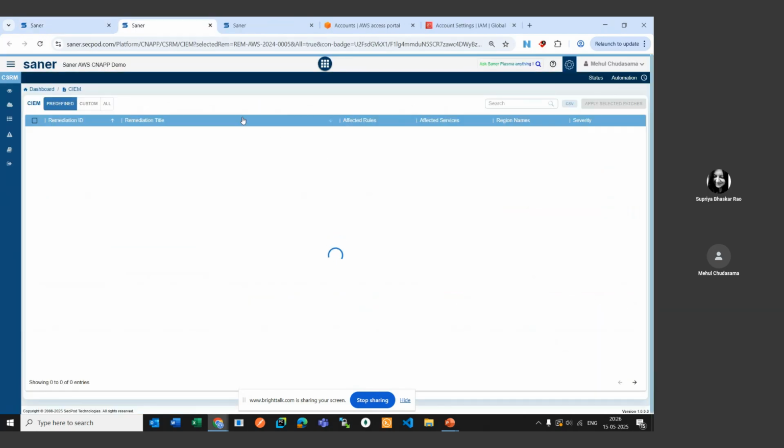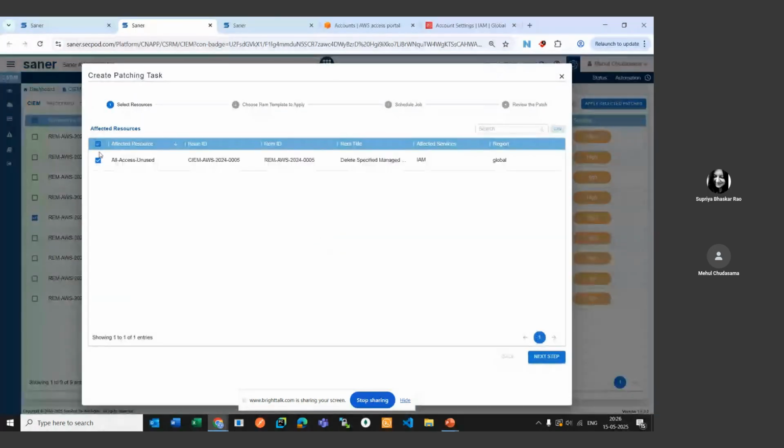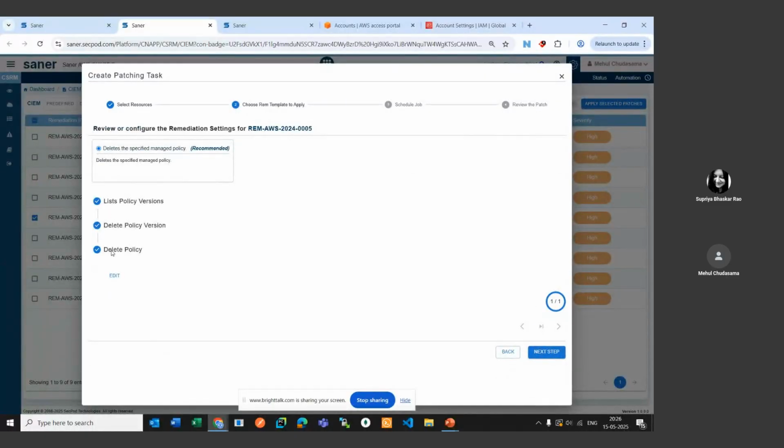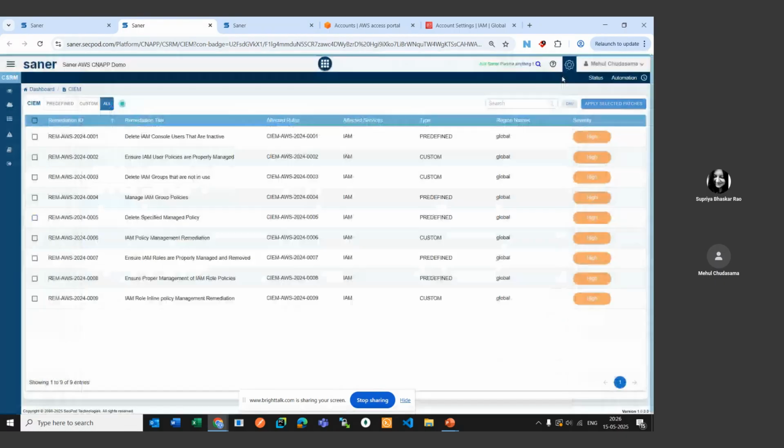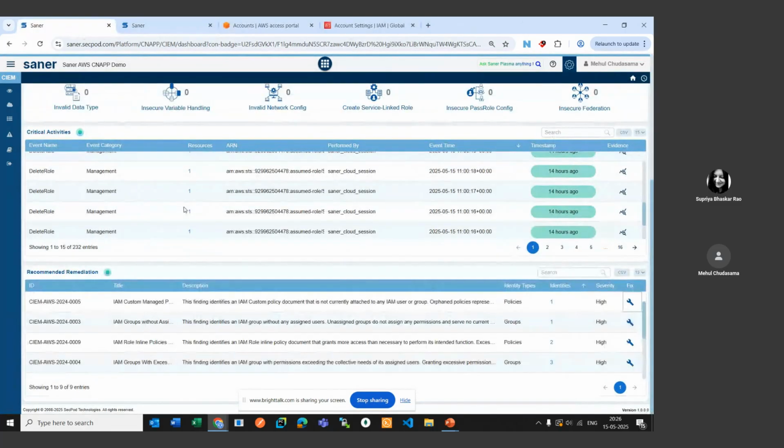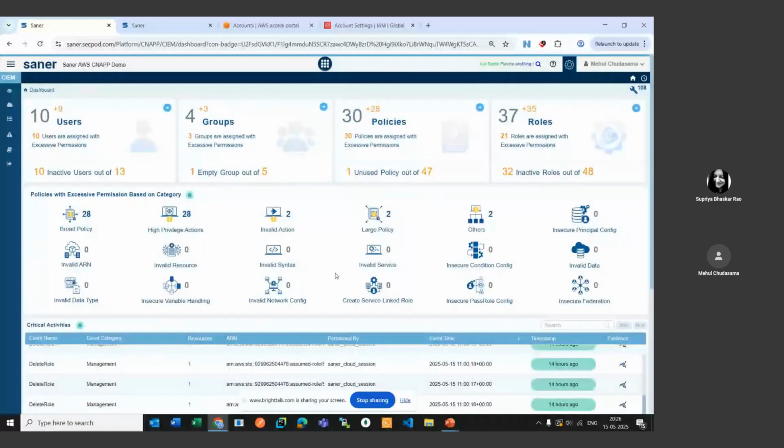So you can anytime go ahead and click on the remediation button, select the resources, and then you can run the remediation by selecting next step and adding details if required. So we'll come back to this one when we go to our remediation module, which is CSRM, but this is all for CIEM.